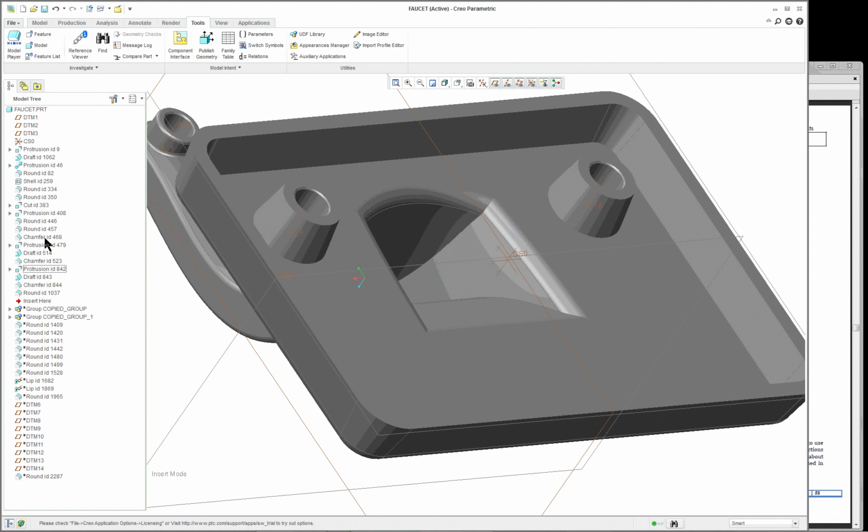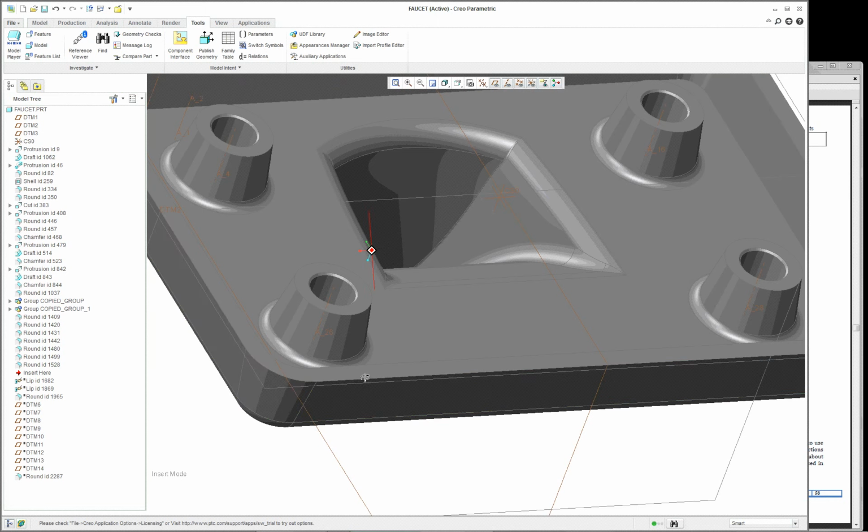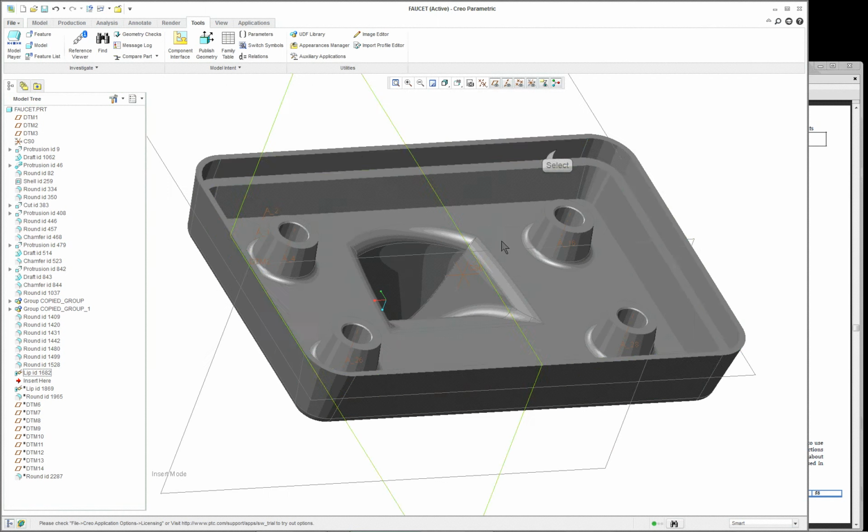So here I'm not quite certain why they did it this way. You could have just mirrored it, or you could have patterned it. And then they put in a couple of lips. And again, these lips, lip command is nothing more than a swept or sweep using the trajectory as the edge as a trajectory. And